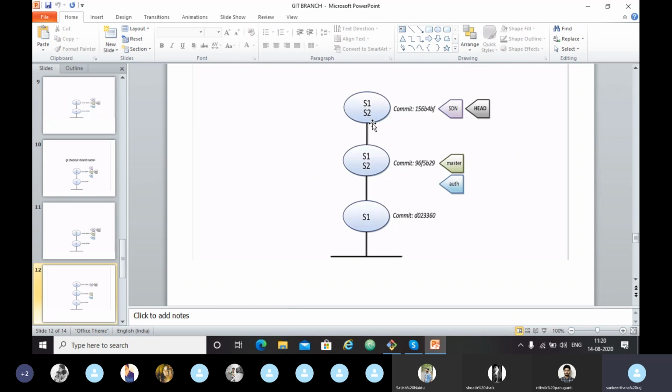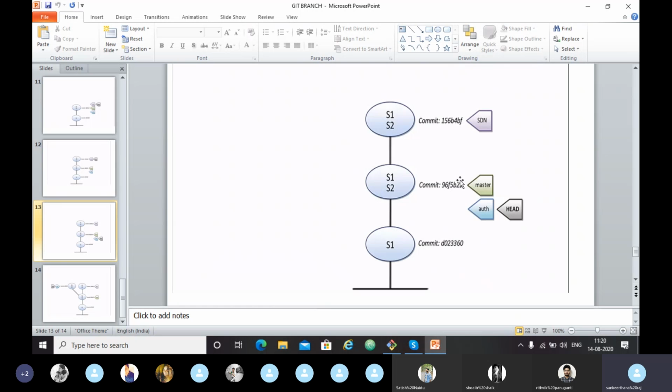Now if I check out the other branch, the head pointer will automatically move to the auth branch. If I make a commit here from the auth branch, at this stage I'll edit the file S1 and make a new commit. The new commit will come in this same way.